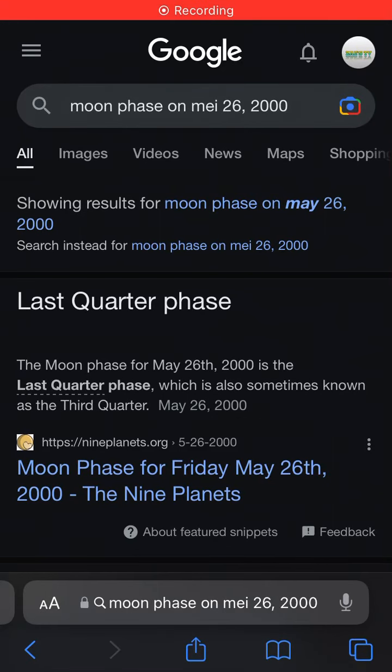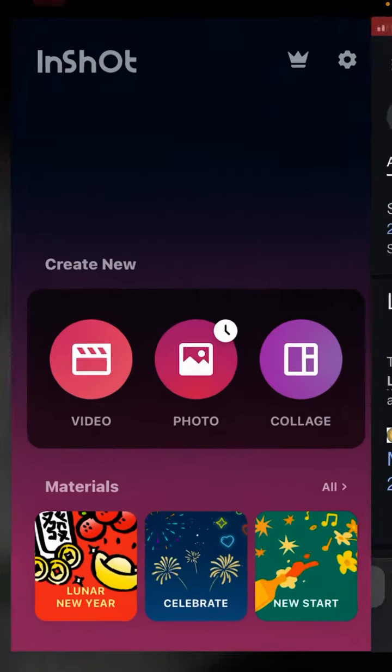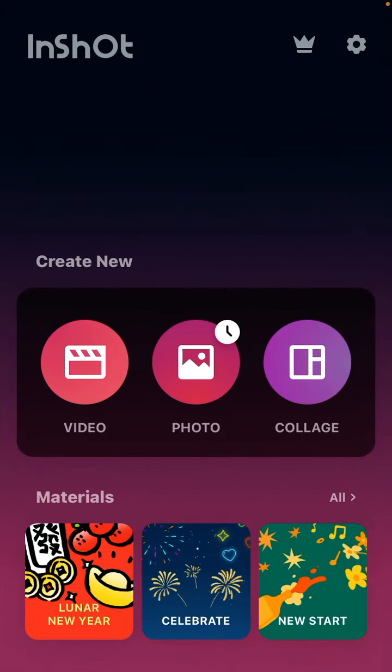Hey guys, in this video I am going to show you how you can create couple birthday moon phases on the InShot app. So after you download the picture of the moon phases of your birth and your partner's in Google, just open the InShot app and select collage